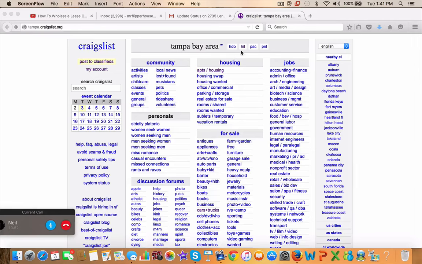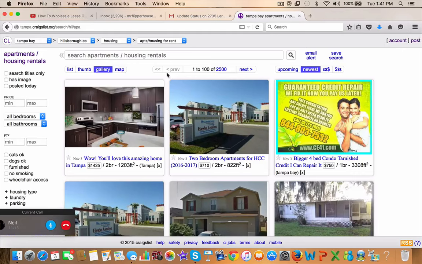We want to click on that. That's the county we want to be in. Then we come under housing and click on apartments housing. Okay? Now, over here in the filter section, we want to do a price minimum rents of 1,000, and then